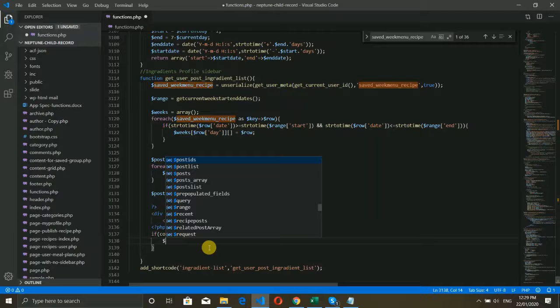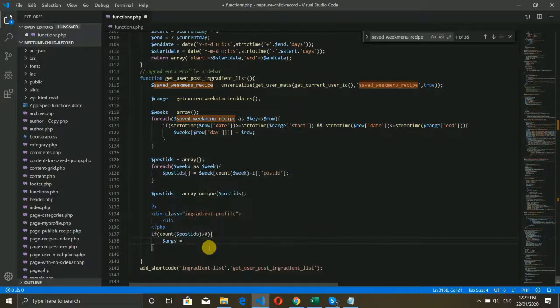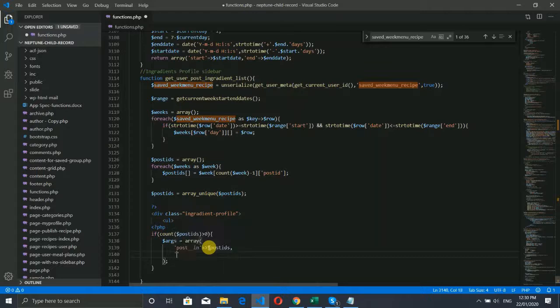So args array, right? Since we have post IDs, there is a post in, and you can give a post ID as post IDs, comma, and then there is a post type which you can give it, which is named